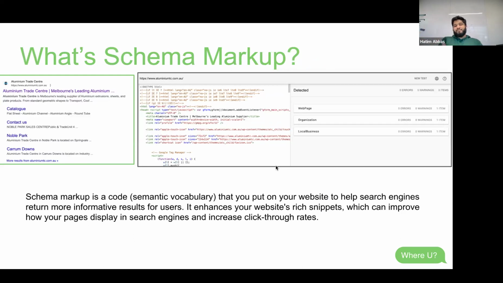Now this is a bit of the technical side, but schema is basically a code that all of these search engines agreed on back in 2008 or 2009, I think. Don't quote me on that. Back in those years, all of these search engines, including Yahoo, Bing, and MSN, I think, came up together and said, there's a lot of content being published on websites. How do we make it easier for our resources to read that content?